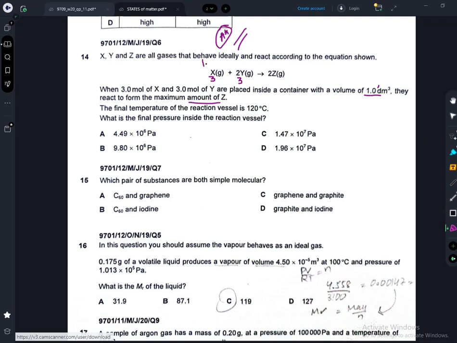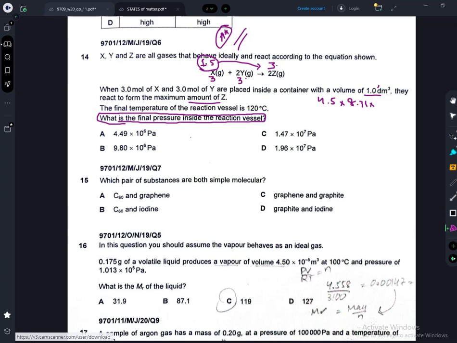So 1.5 mole will now react with 3, and this will produce 3 moles which you have used earlier in your calculations. But you have missed one thing. You also have to use this 1.5 moles as well, because we have to find the pressure of the whole reaction vessel, not only of the gas produced. So this would be 4.5 in the end, because there is 1.5 mole of X left which was in excess, into R 8.31 into temperature.